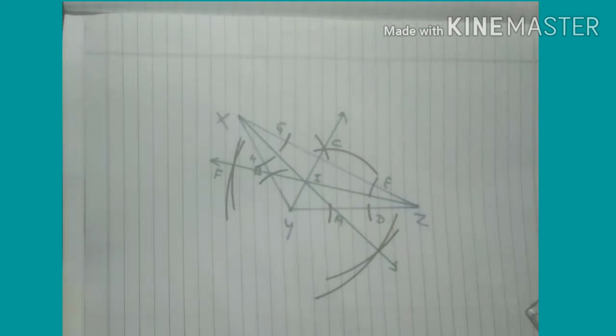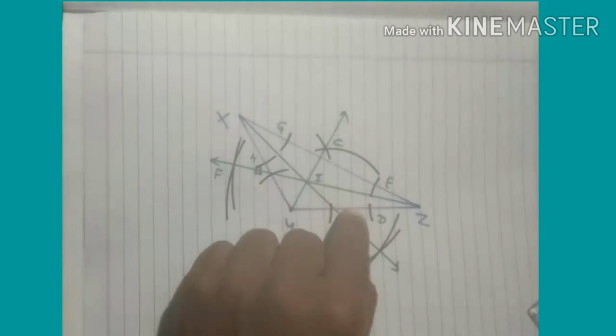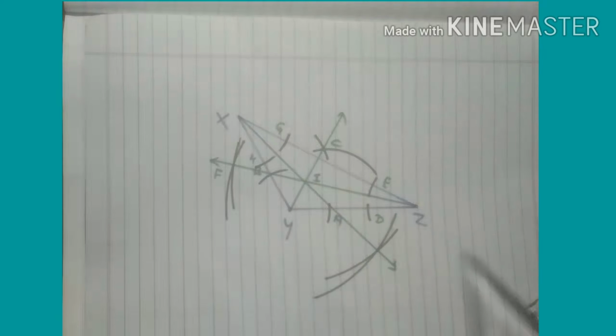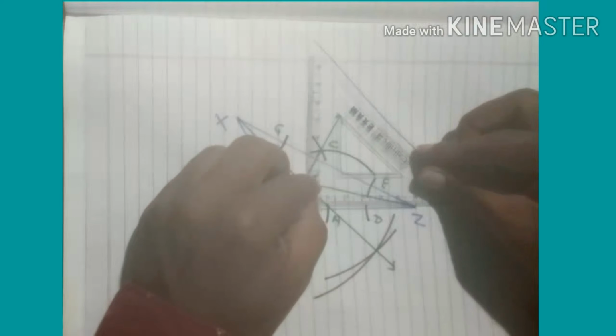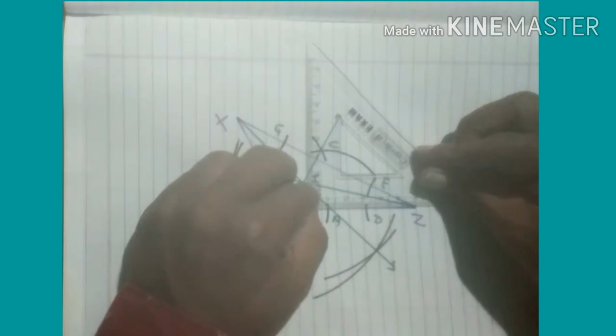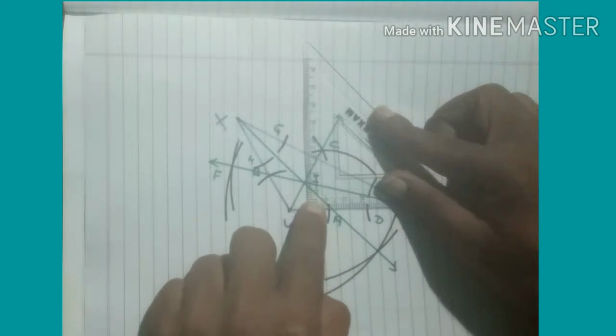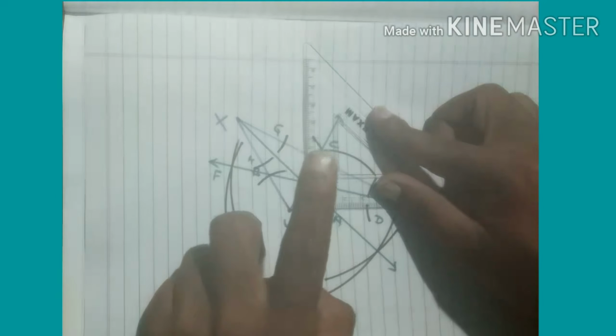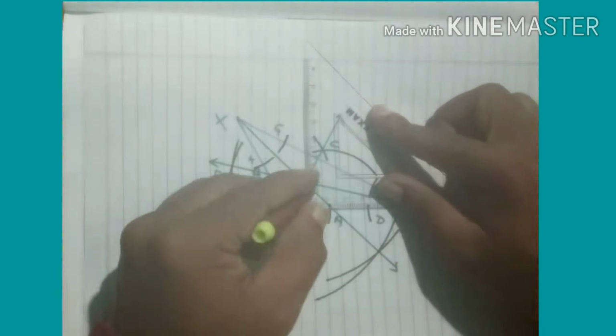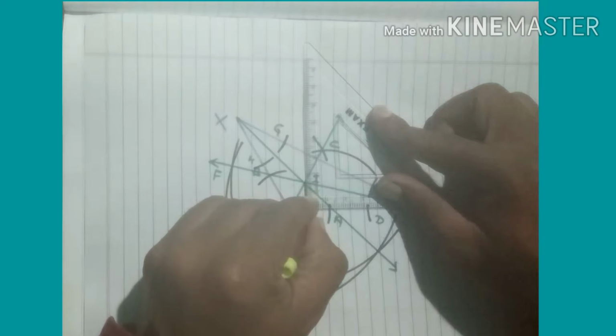Now from this I we have to draw a circle. For that, what we have to do? We have to draw a perpendicular from I on this side. So use a set square, align the base of the set square on the side. Base is aligned such that its height will touch this point I, touching. Okay, join or draw this perpendicular.